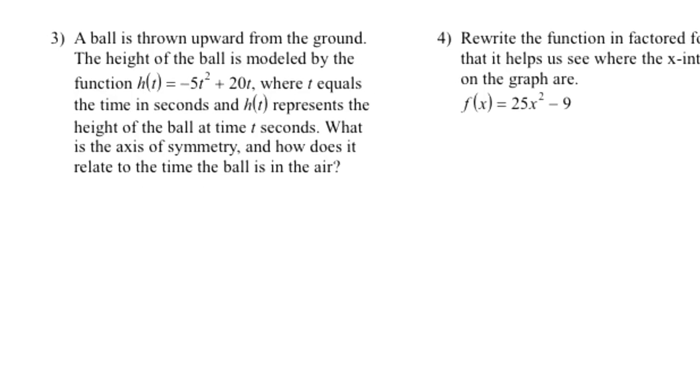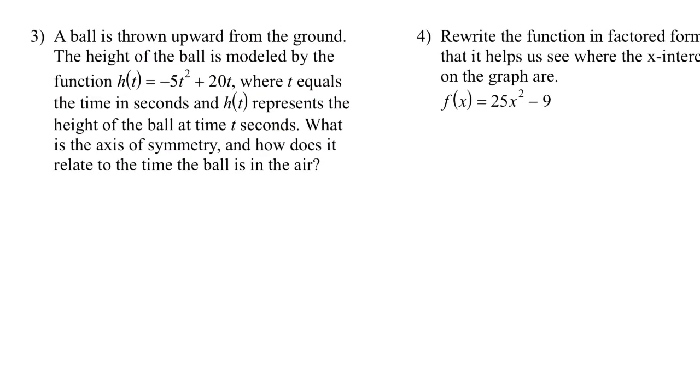The ball is thrown upward from the ground. The height of the ball is modeled by the function h of t is equal to negative 5t squared plus 20t, where t equals the time in seconds and h of t represents the height of the ball at time t seconds. What is the axis of symmetry and how does it relate to the time the ball is in the air? Again, remember